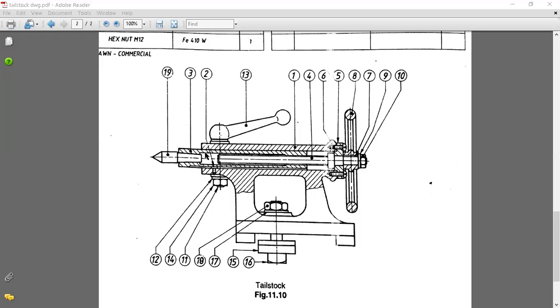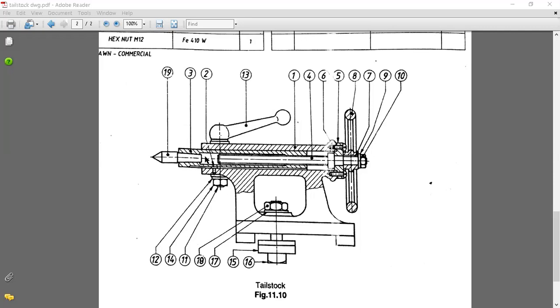There are some matching dimensions, that is, the outer diameter of the barrel is equal to the inside diameter of this tailstock hole. So you need not draw this complete line again, because that line is already done in the body. Just extend this portion like this and draw. So this indicates the barrel. The barrel will be closed here.